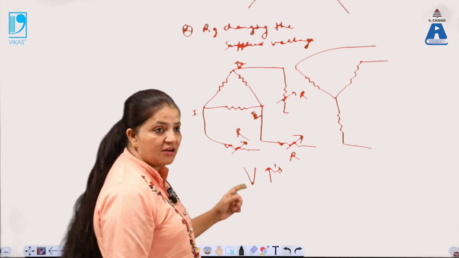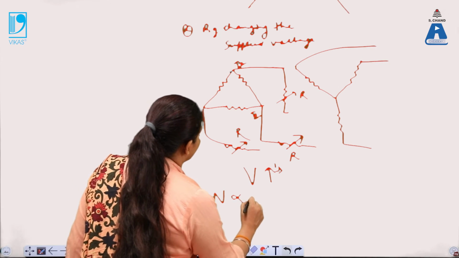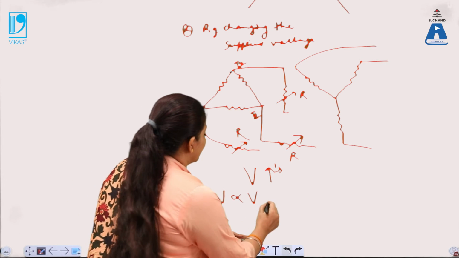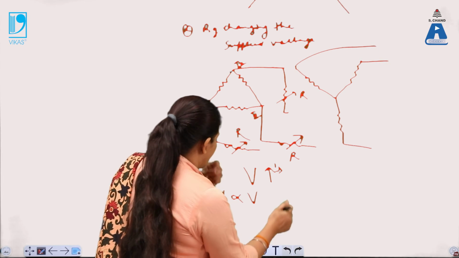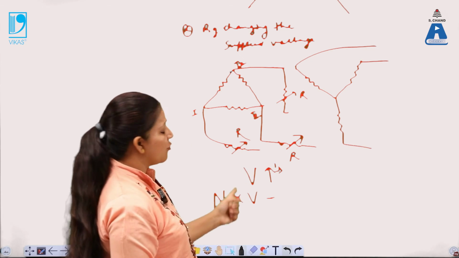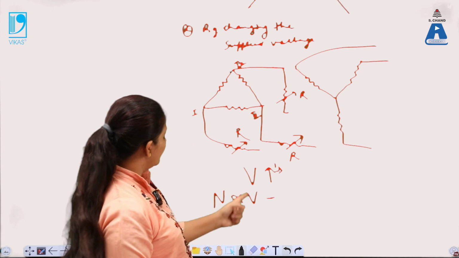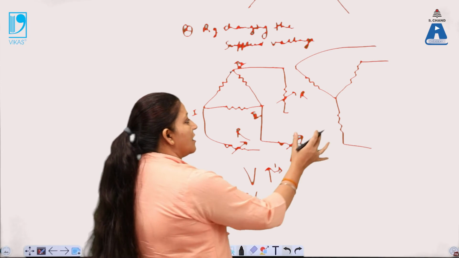So, as V increases, now this speed is directly proportional to V, that is V minus some value over here. So, as V goes on increasing, the N will go on increasing in this case. Now, second,